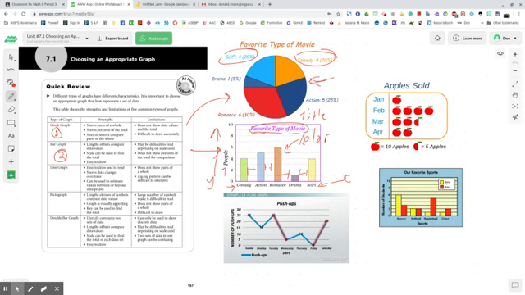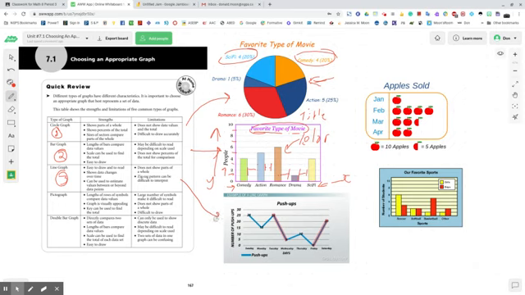We have to also be careful on a bar graph with our intervals right here. I'm just drawing little red ticks there along the line. This one goes up in groups of 2. They can go up in groups of 5, groups of 1, or however else. Now, limitations: they may be difficult to read depending on the scale used, and it does not show percents for the total comparison. The line graph, number 3,